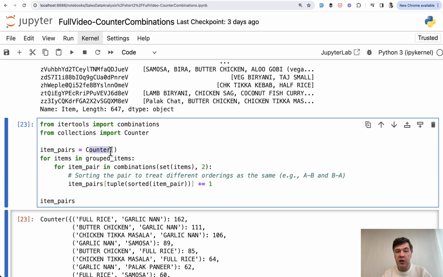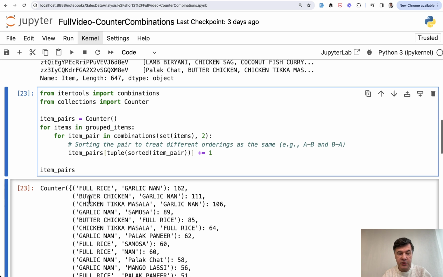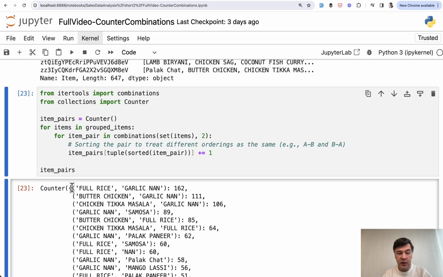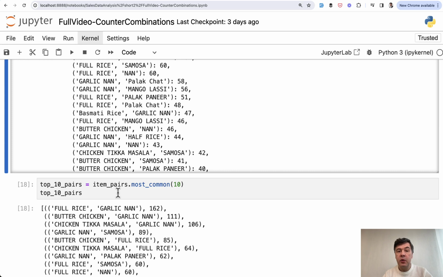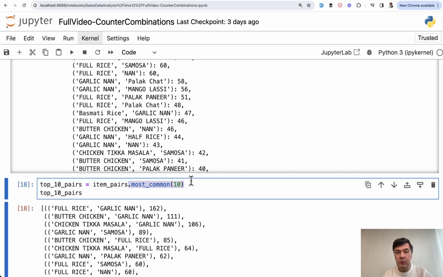Here's where another class comes in. From collections we have Counter, and this is the result: a Counter object with the key like this, a tuple, and then how many times it is appearing. So plus 1, then plus 1 more, and then this is the result. And from here, what Counter allows is to have something like this, most common pairs, or most common items